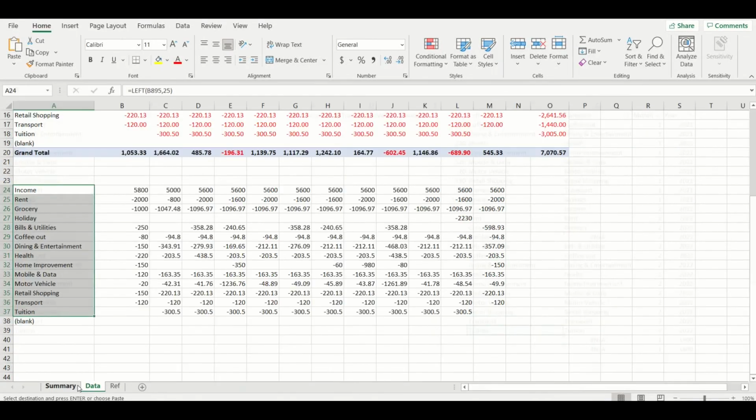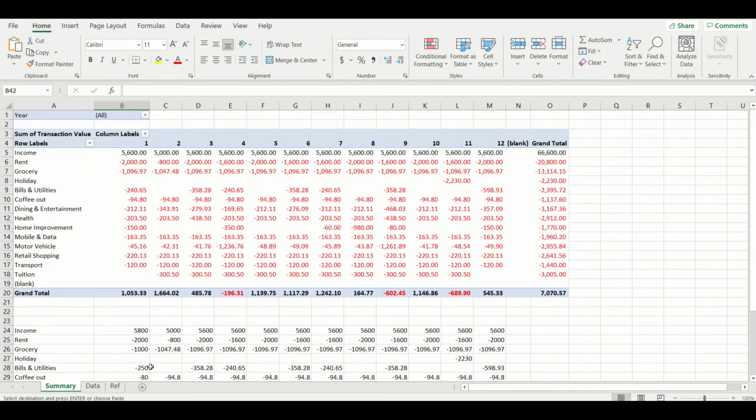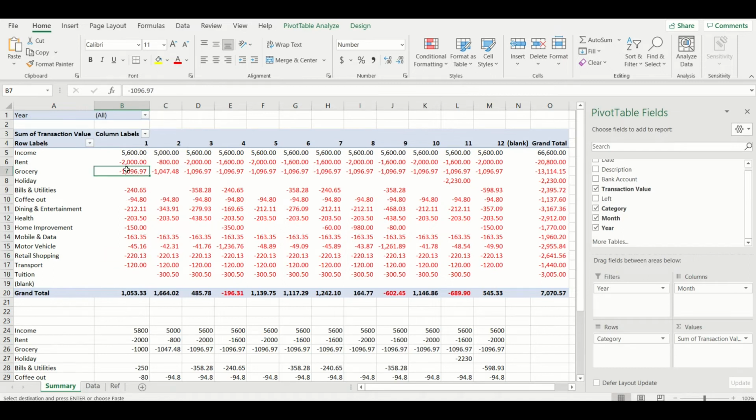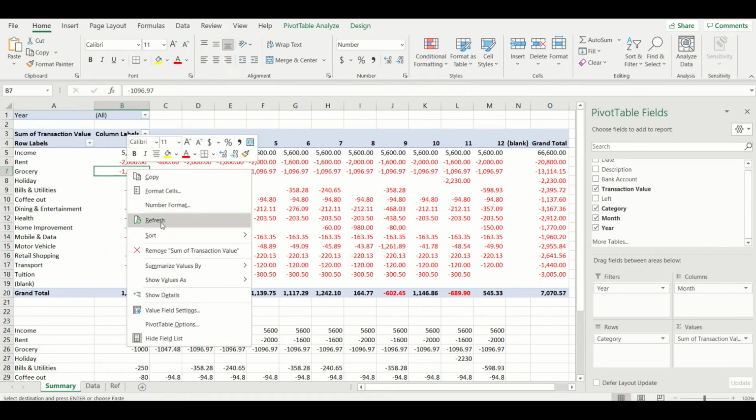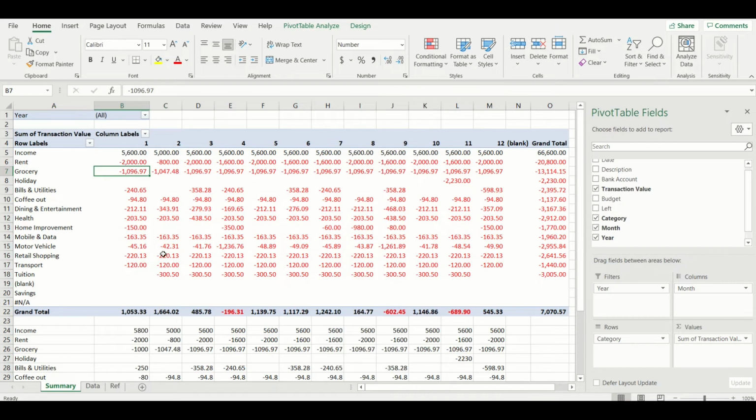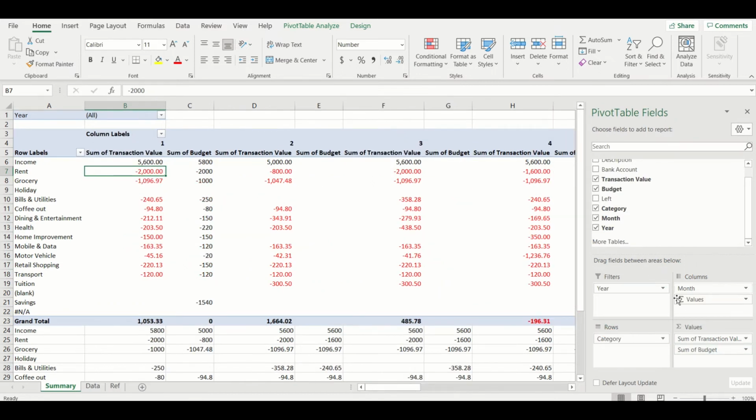When that is complete, go back to the summary tab and press the refresh pivot table button like this to add your new budget data and the budget column to the pivot table selection here. When comparing the actual expenses of a month, add your budget values to the pivot table by clicking on the budget column in this field list here of your pivot table and dragging it to the values section of your pivot table, holding the left mouse button from here and dropping it underneath your actual transaction value by taking your finger off the mouse button. Now you can see an extra column next to your transaction value for the budget number